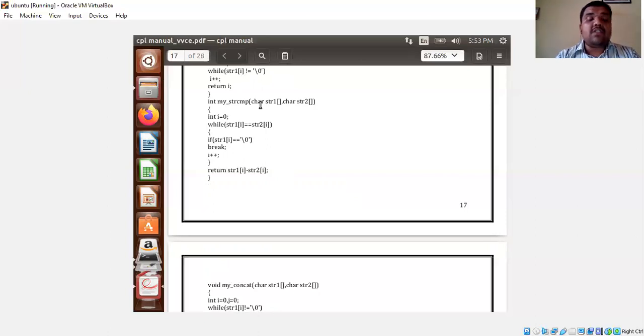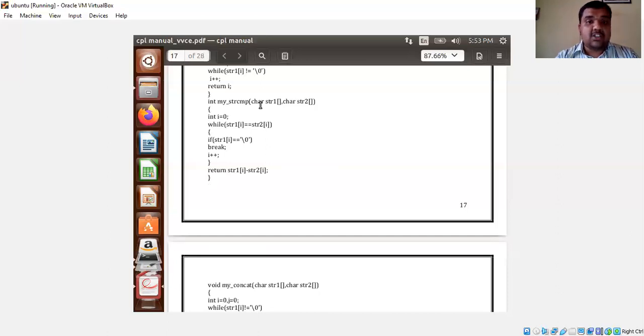If any one of the strings becomes null, then break. That means come out of that function. If one of the strings encounters a null character, or if one of the strings is not having any content, then break from that function.